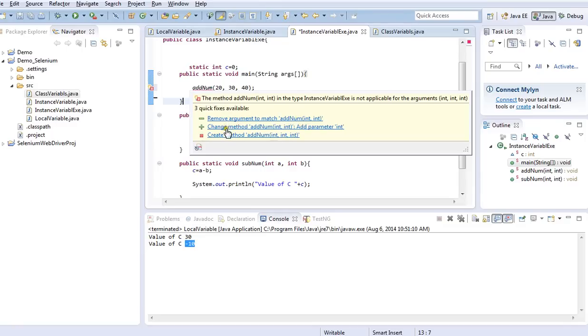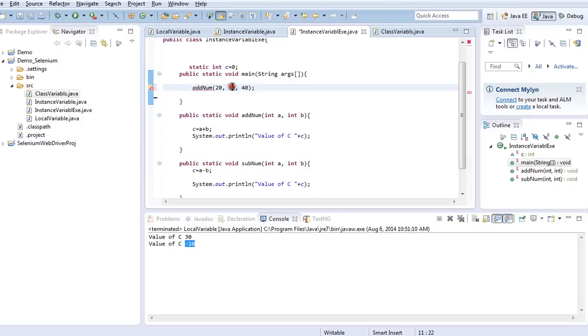Another suggestion says change method add num to add parameter int. It means since you are using one more argument value here, you need to add one more parameter. If you say int c, then the errors are gone.